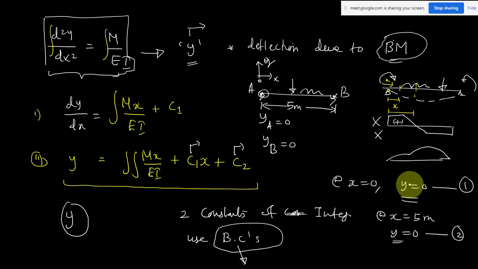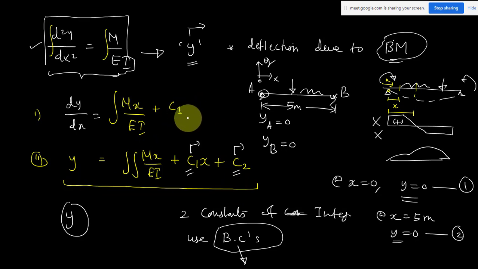With the help of boundary conditions only, we will be able to solve the integration constants c1 and c2 in this case. That is the basic method. You will start from here, your differential equation for the elastic curve, and do the integration 2 times. You will get the expression for the slope and deflection, but there will be two constants of integration. It can be more than 2 also.